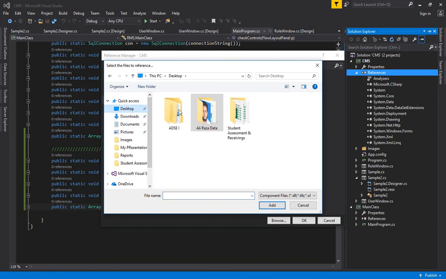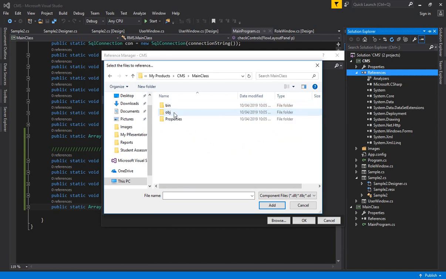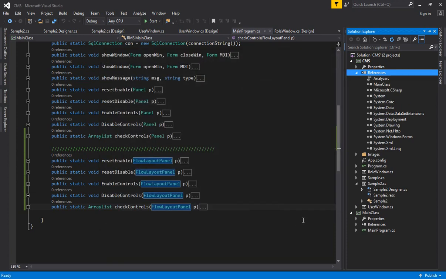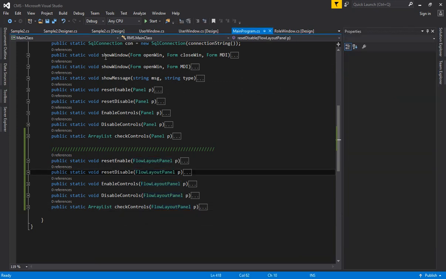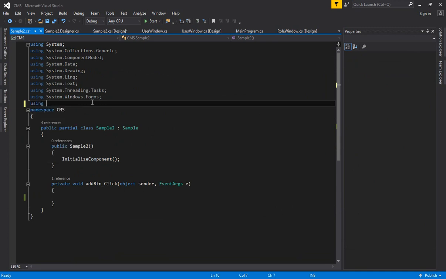Let's go to the desktop again and refresh the location and products, and then main class, bin, debug and DLL. Okay, so that's my updated location, and now click OK. Look, it's added. I hope it is understood to everyone. Now when I have updated my data, what I can do, I can come inside and write here using